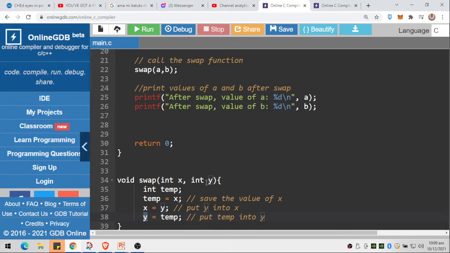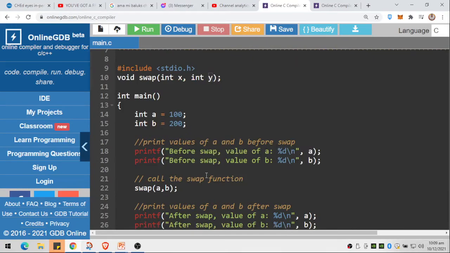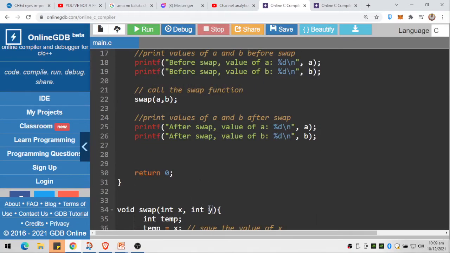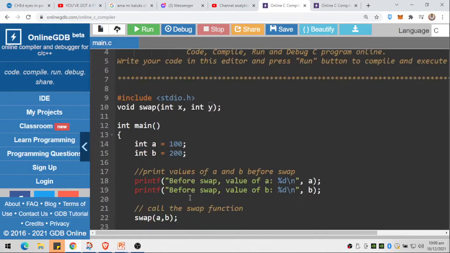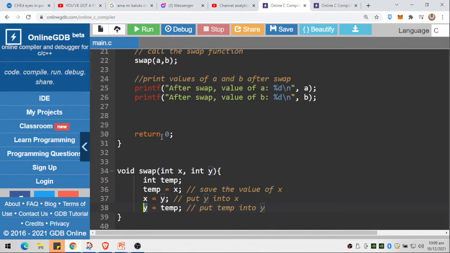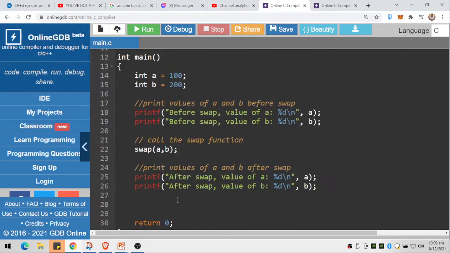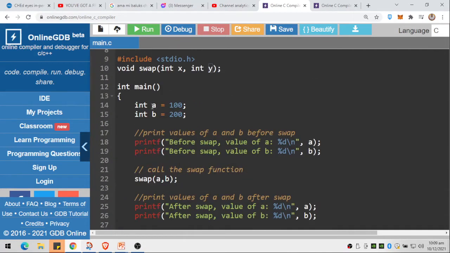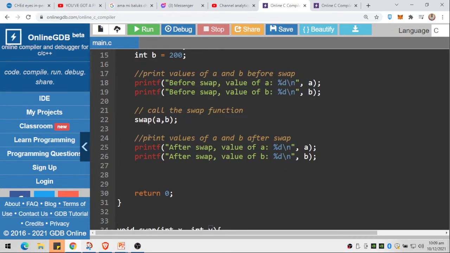But this x and y is actually another local variable, and it is different from a and b. What we pass here is only the values. So whatever changes happen to x and y will not really affect the variables a and b. That's why we just pass the value. So if you run the program,